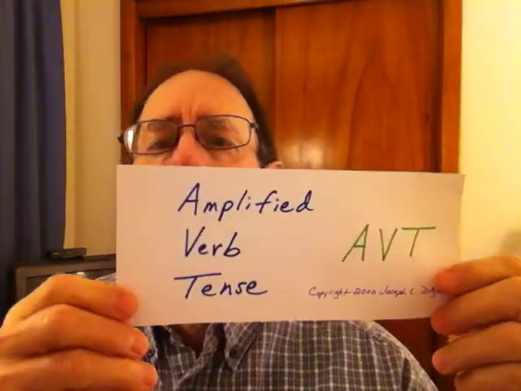Okay, so in this intro, let's look at tense just for a minute. Tense, generally speaking, indicates the time of a verb's action or the verb's occurrence or the state of being. It indicates the time of action in relation to the time of the speaking or writing about that action. In other words, it's a time of action indicator. It's an indicator of the time of the action. Now, when I say I'm giving you a new thing called amplified verb tense, okay?